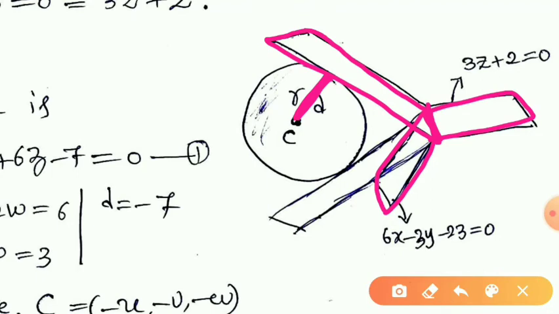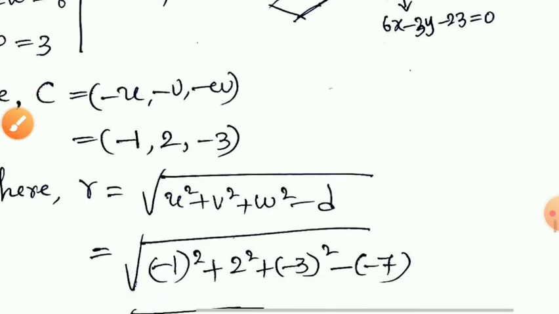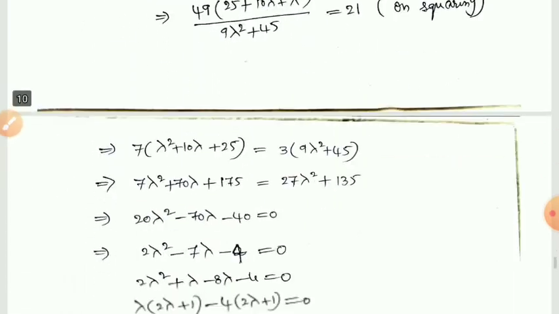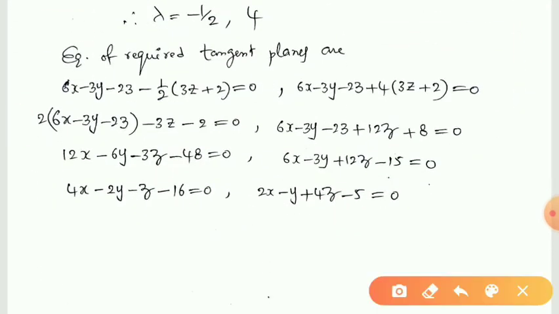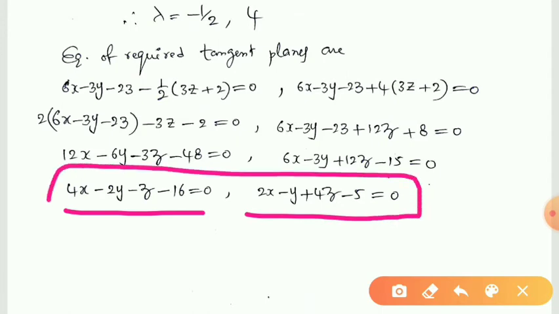Therefore you can see in the diagram, you can find another plane satisfying this condition. For example, see this. This is also a plane passing through this line and also touching the given sphere here in this point. Therefore you can see in the diagram also, there are two planes satisfying the condition in the problem. Finally you obtained here also two equations of plane satisfying the given condition. Therefore this is our answer of this problem.